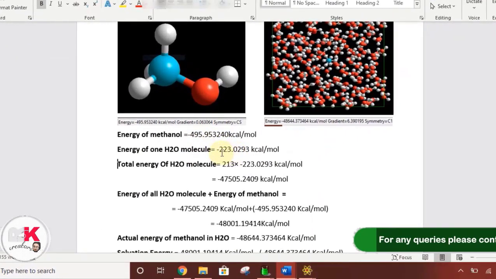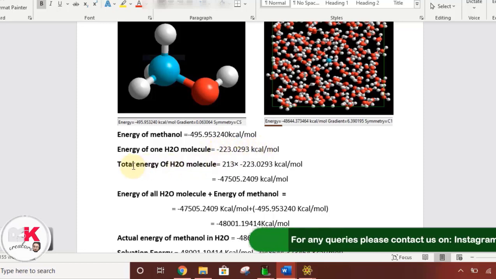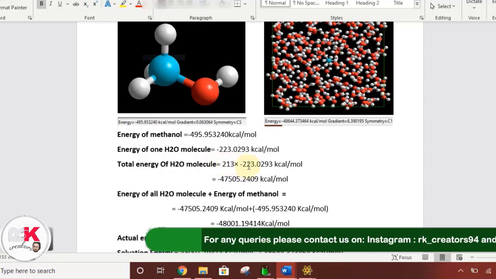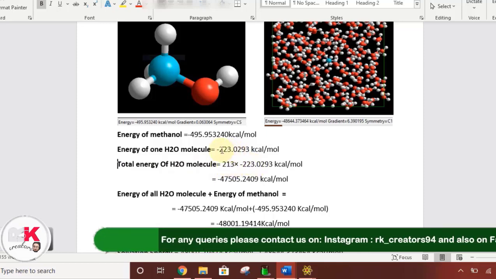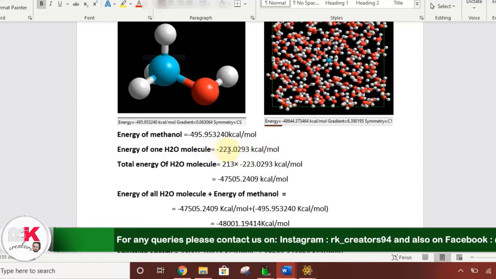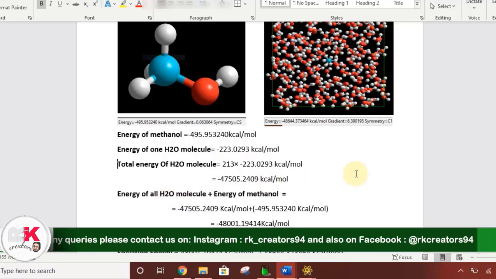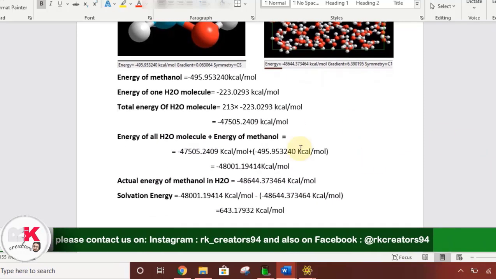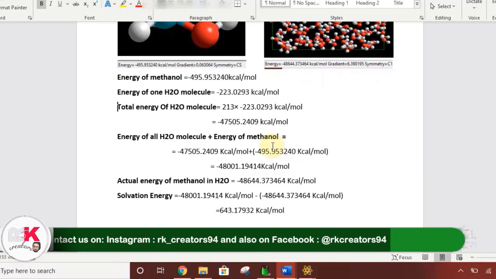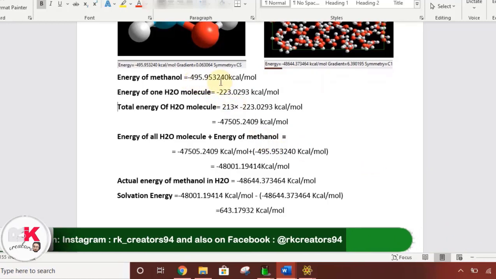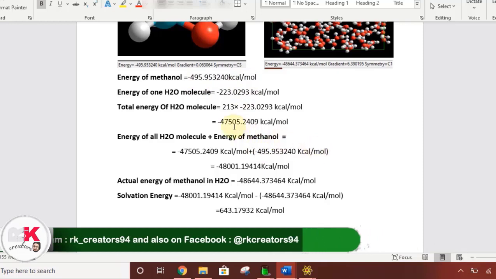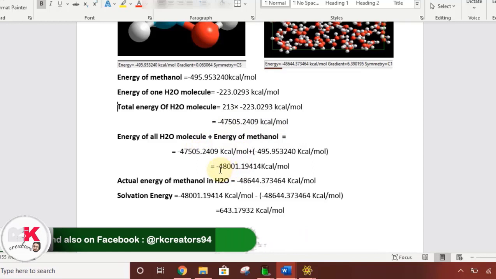Likewise, write down the energy of the single water molecule you calculated, and to find the total energy of the water molecules, multiply the number you noted, 213, by the energy of one water molecule to get the total energy of the water molecules. Then to find the energy of water molecules and methanol theoretically, add the energy of methanol with the total energy of the water molecules, and it comes out to be